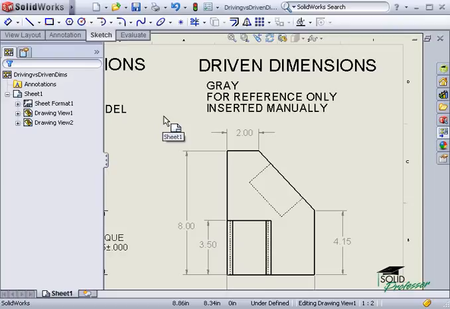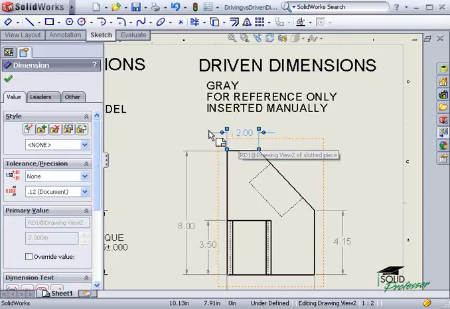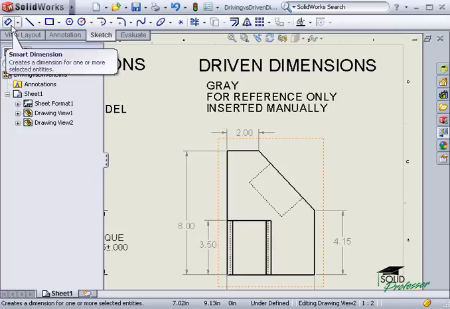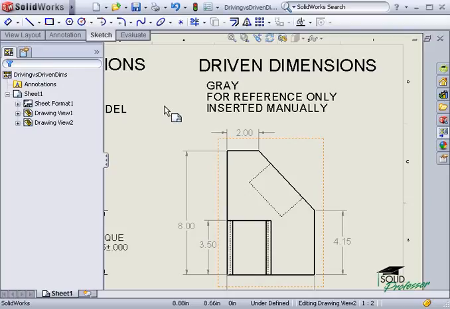If I attempt to double-click a driven dimension, I don't see a spin box where I can change its value. Instead, I only see the dimensions property manager. Instead of being imported from the 3D model, driven dimensions like these are added manually using the Dimension tool. While this may seem like a redundant process, driven dimensions offer you more control in how you want your drawing